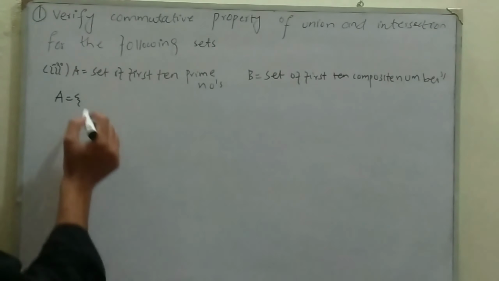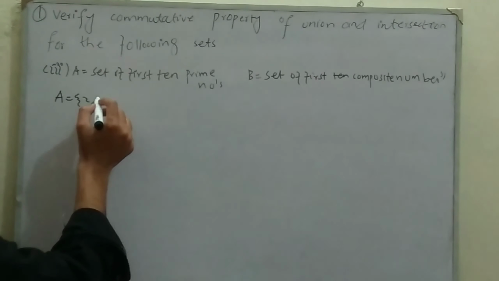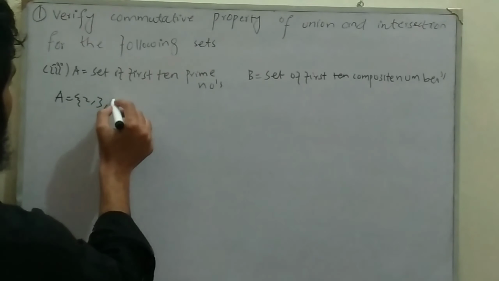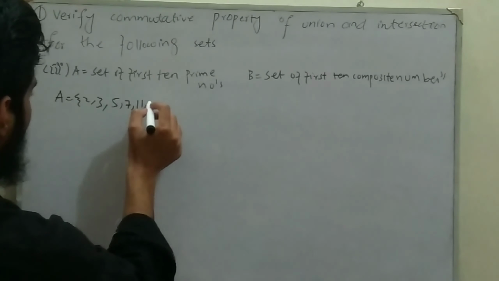And 2 is a prime number because it is divisible by 1 and by itself. And 3 is a prime number. 4 is not a prime number because it has 3 factors: 1, 2 and itself. And here 5 is a prime number, and 7 is a prime number, and 11 is a prime number, 13